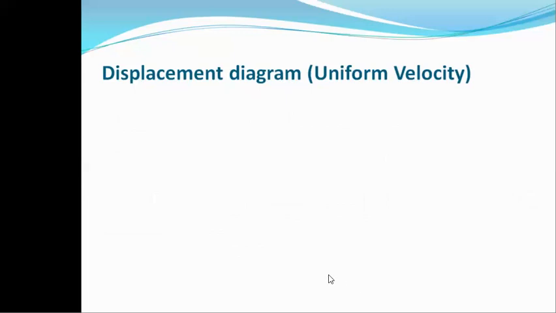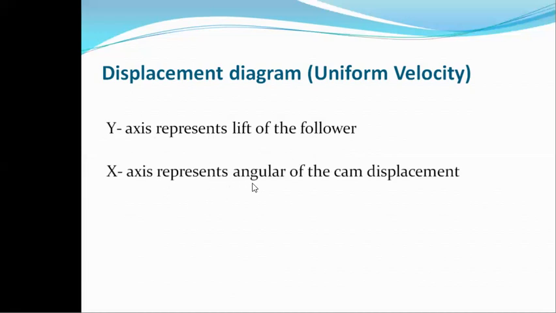First of all, in this solution for this problem, we should draw the displacement diagram for uniform velocity. For the uniform velocity displacement diagram, we should have the cam angles as well as the lift and type of motion. These three are required. Already we got these three, and here in this case, the y-axis represents the lift of the follower, the x-axis represents the angular displacement of the cam,